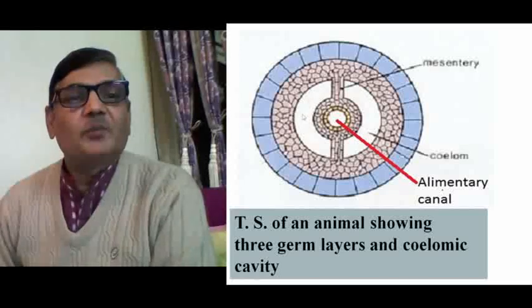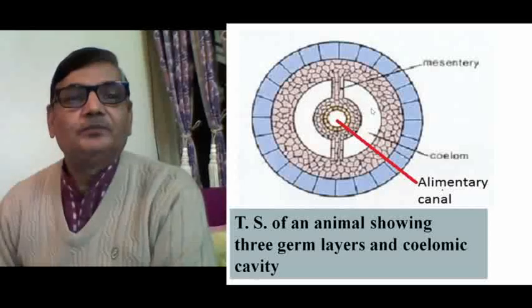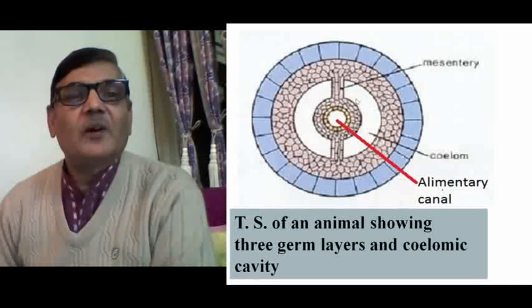Now inside this space, fluid is filled. It is totally filled with fluid and a number of floating cells in it, and there could be cells present in the internal lining of the mesoderm, and such cells are related to the immune system. They perform a variety of functions. Now in this diagram you can see the presence of the coelomic cavity, and there could be animals where variation would exist, and accordingly the coelomic cavity is classified in different forms.